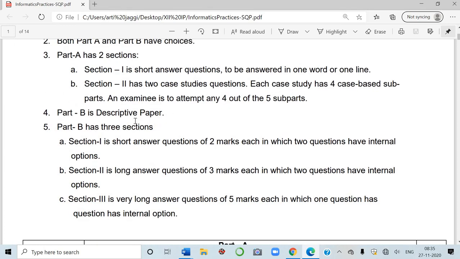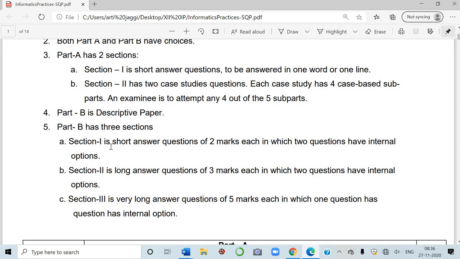That is the descriptive paper. Students, till now we don't know about the pattern of the paper. As COVID-19 is still prevailing in the world, CBSE has not decided what format will be adopted to conduct the paper to assess the students of class 12th and 10th. So still we have this paper given by CBSE to solve.